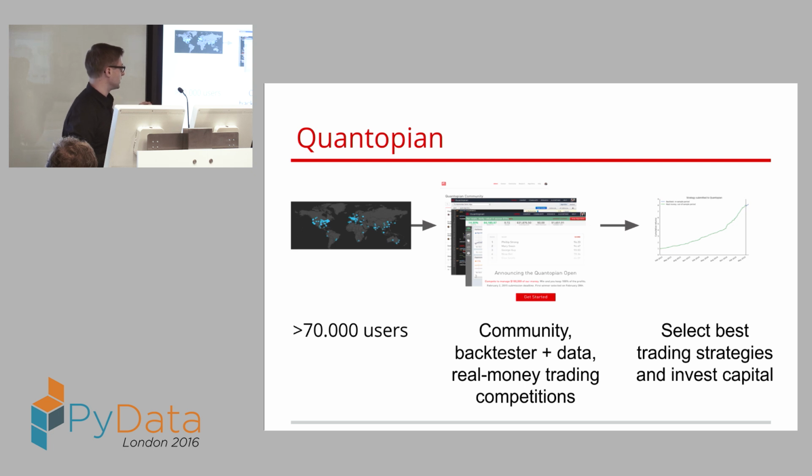The other important thing is the platform is completely free. Everyone can use it. So it's a great way to just have fun and explore it and maybe get started in quantitative finance if you're interested in that. But for me as a data scientist, it really becomes a problem of, well, how do we find these strategies? How do we decide whether a strategy is actually viable or not?